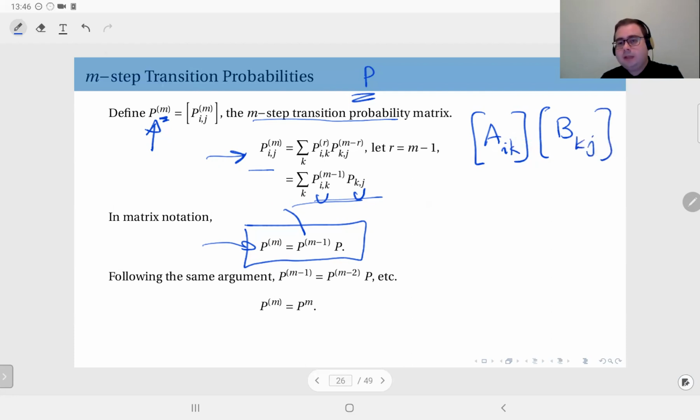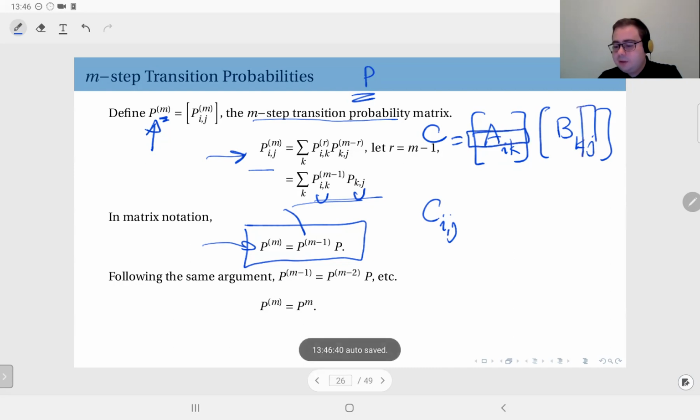Obviously, assuming that they are compatible, that we can actually multiply them, the product, let's say that is matrix C, how can you write the component ij of C? You just look at row i of this matrix and column j of this matrix, right? And all components will correspond to each other, and this will be equal to this sum over all k values running in this way in this matrix and running in this way in this one,